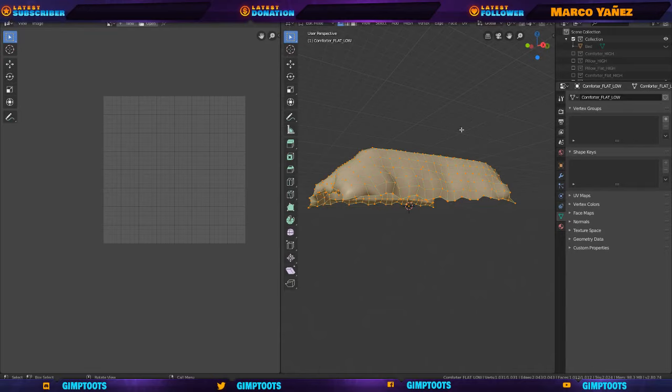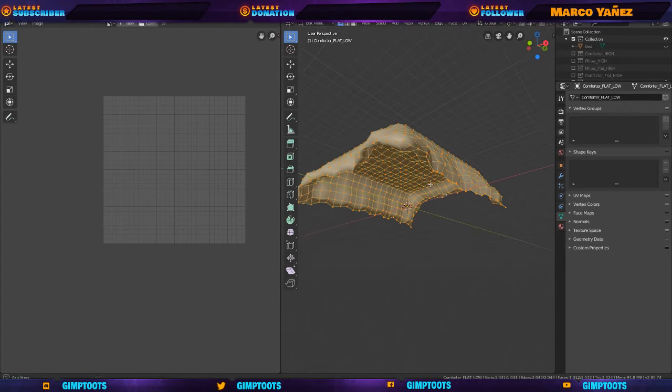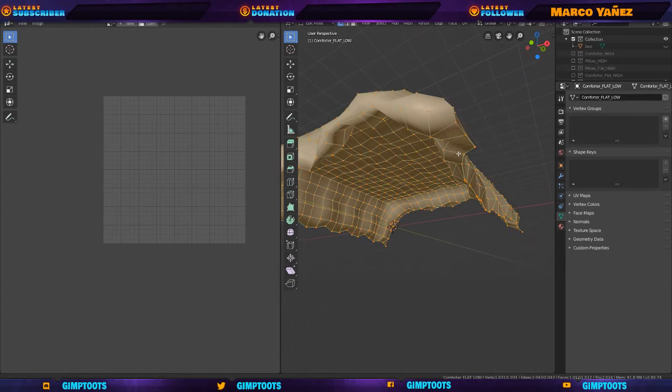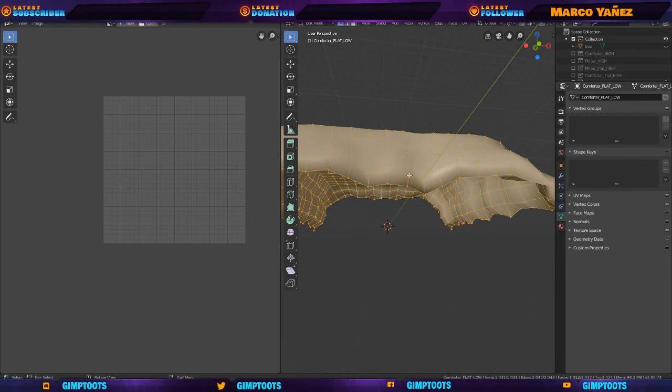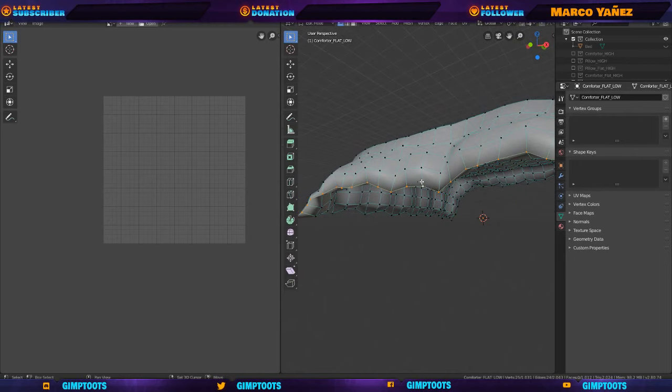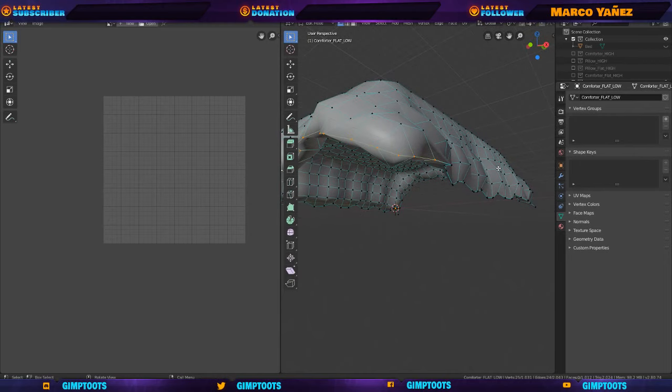I know sometimes you have a lot of complex objects, and it's going to be a pain to re-UV everything. But as of right now, the only thing that I know to do,